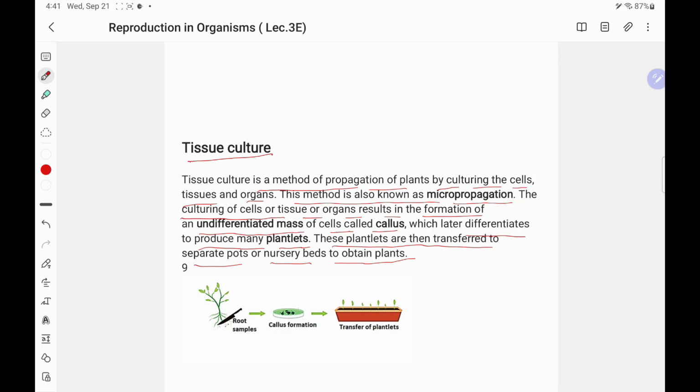Just see, from a fresh plant, its roots or shoots, whatever you want, the tissue and cells are cut and put in a pot for callus formation. This pot has nutrients plus